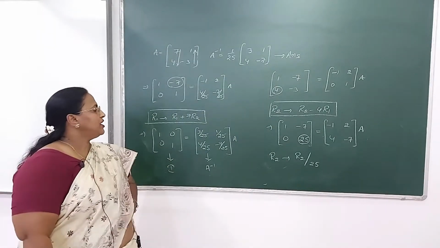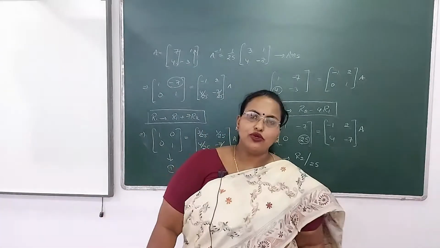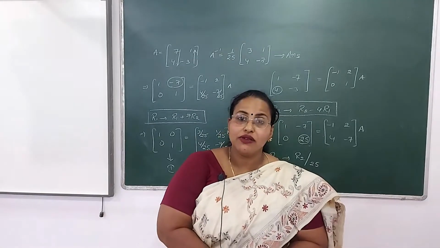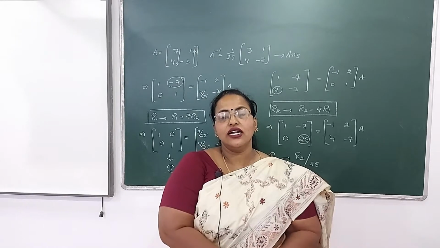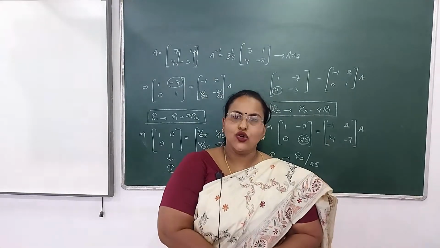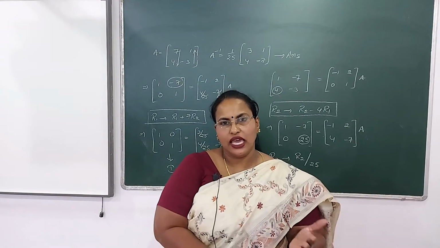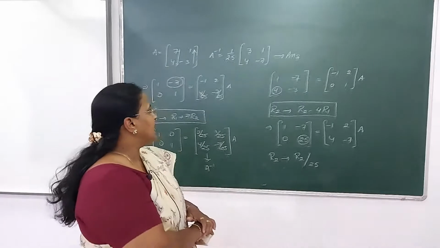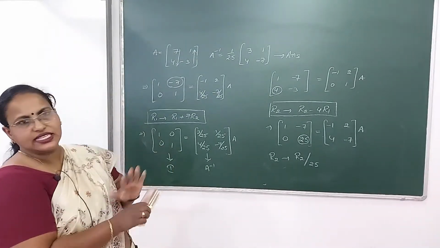Now dear children, if you want to check whether the answer is correct or not, what will be the procedure? You will be using the concept. What is the concept? That when a matrix is multiplied by its inverse, the result is identity. So definitely you can check the answer. So multiply it by A and check whether you are getting the identity or not. So this is the entire procedure and the way to present it.